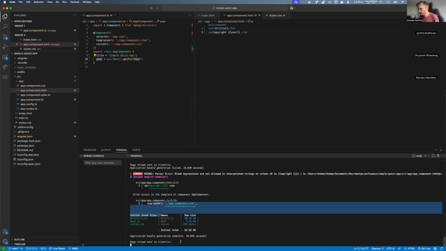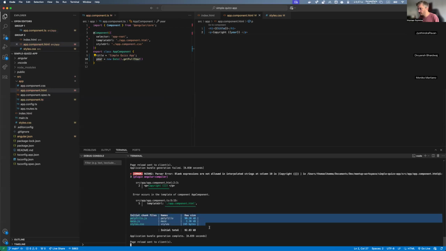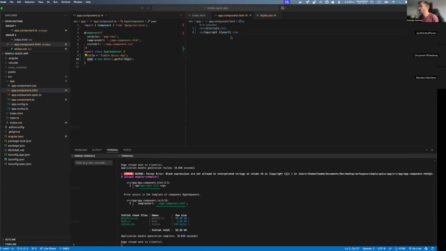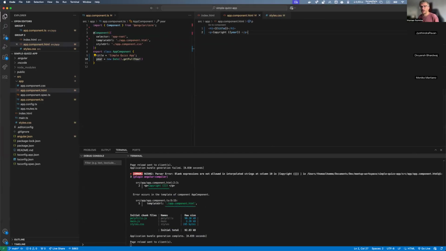Right, I save, I can see that I don't have any error. Once you see this, everything is fine. Of course, it will show you all the previous errors. So just keep in mind that this means that it's fine at the end. Okay, so let's have a look here. All right, perfect. So now we're good. Normally it's at the middle or at the end of the page, right? But we're not going to bother with that. Okay, great. So we have then our copyright, our first interpolation from one way to another way, right?